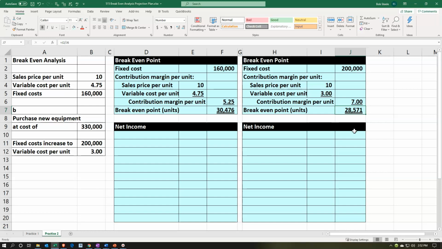This would probably be one calculation we would take a look at. Then we might take a look at whether or not we need to finance it. We might take a look at how long the equipment is going to be expected to last, and then do a time value of money type of calculation, because this will be a long-term asset, a long-term investment that we'll be considering. So notice, again, we're including in the fixed cost the allocation of the depreciation,